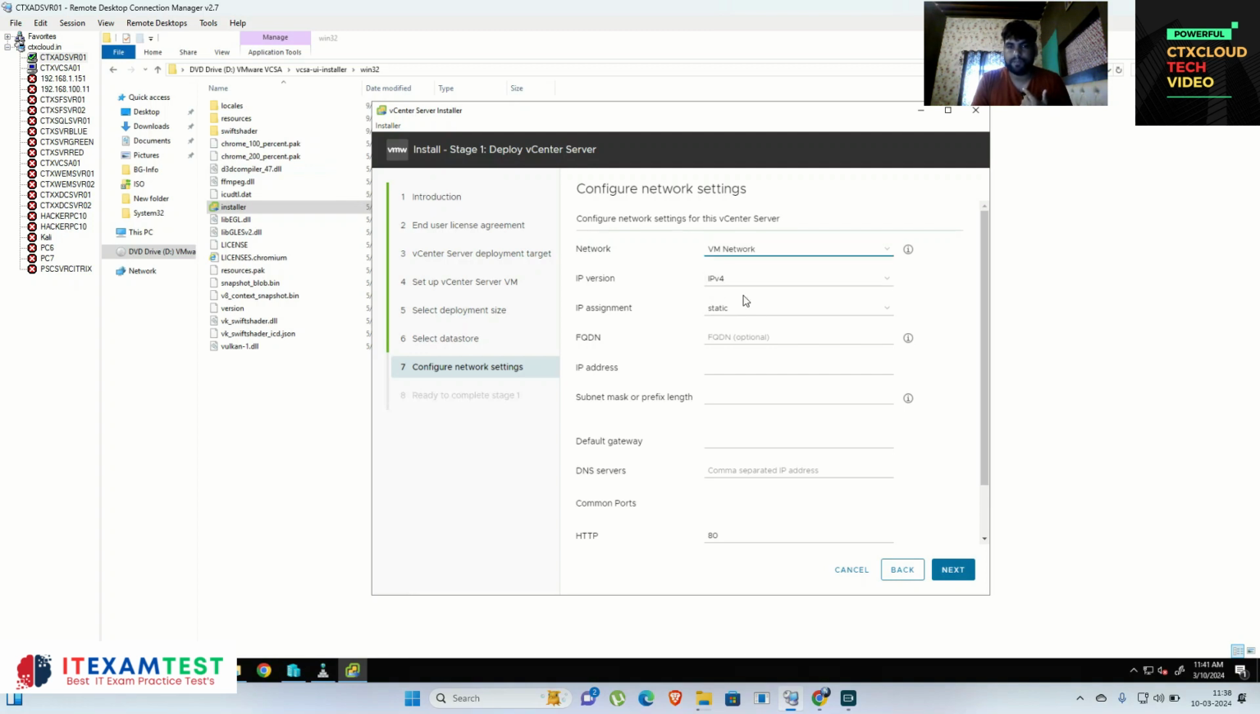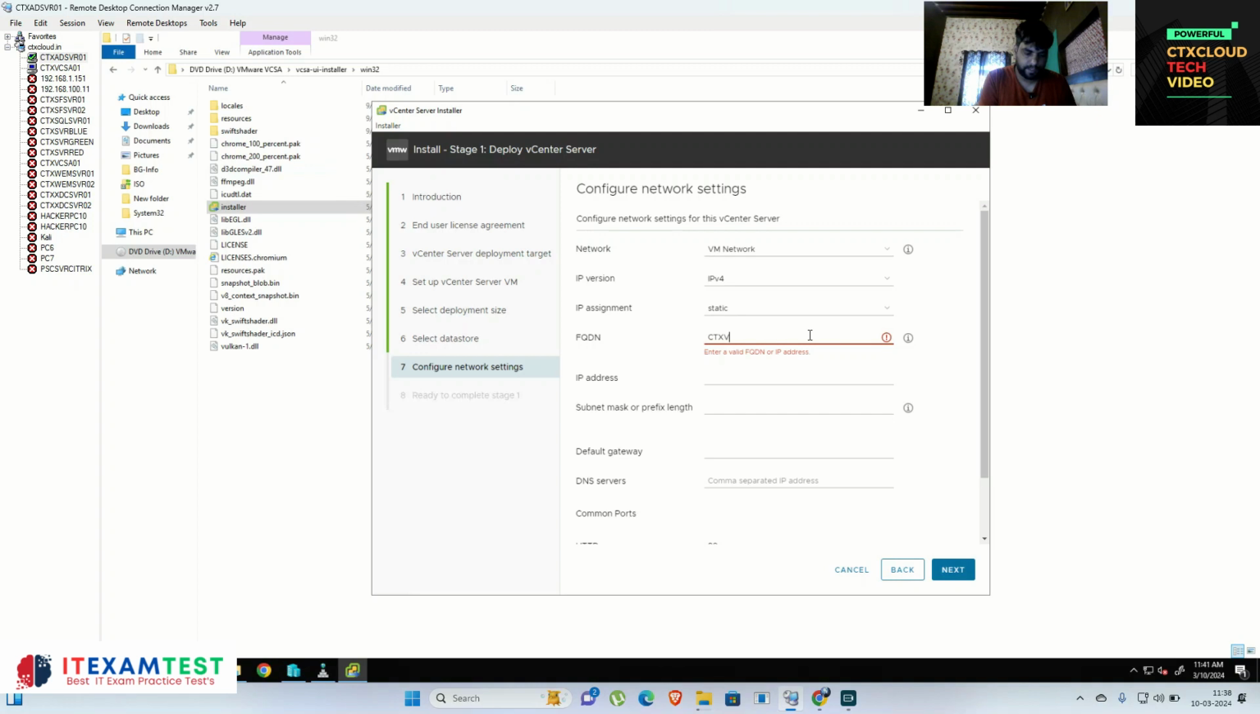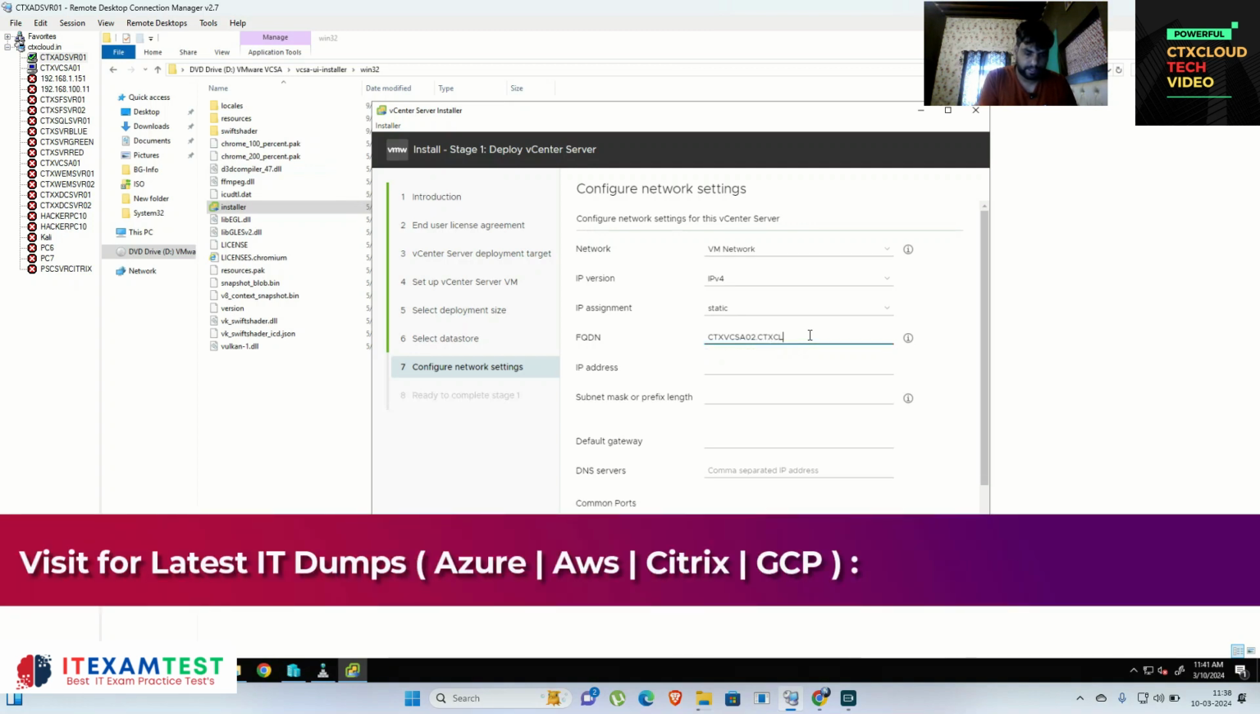IPv4 version, static IPv4. So we want to go with the static and fully qualified domain name. So you can give that ctx vcsa02.ctxcloud.in, IP address